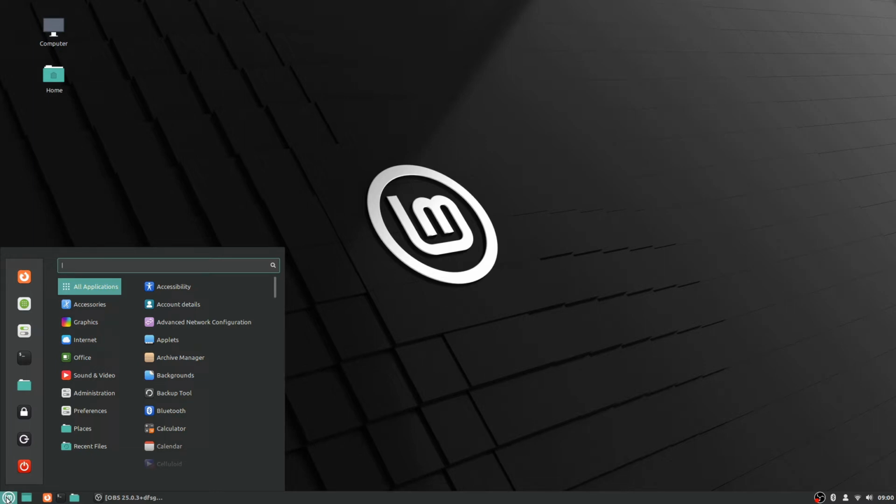So let's just go over here. I don't think I'll go through every single thing, but just a rundown in general for how the menu here works. I briefly touched on it in a previous video, but right here, where you can see where it says All Applications up at the top,